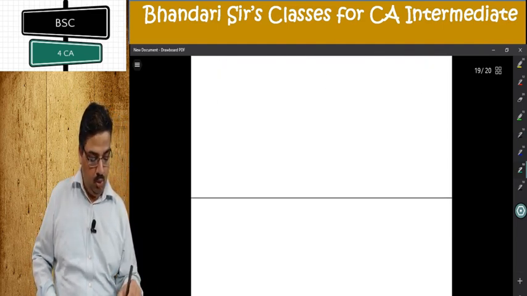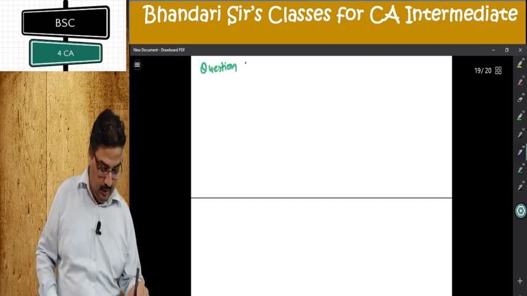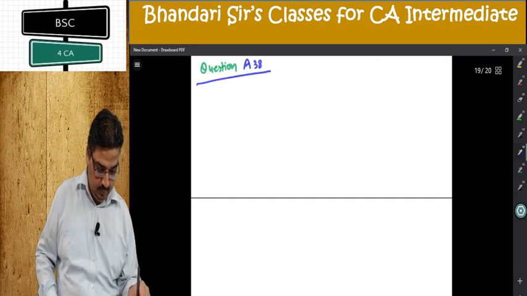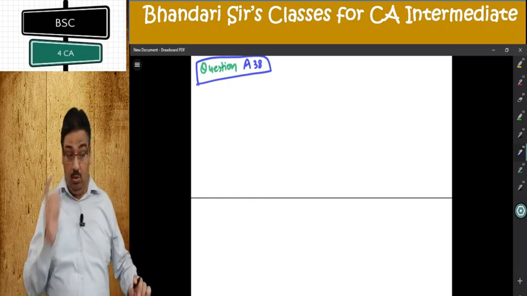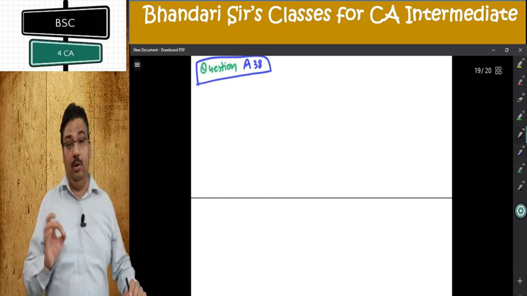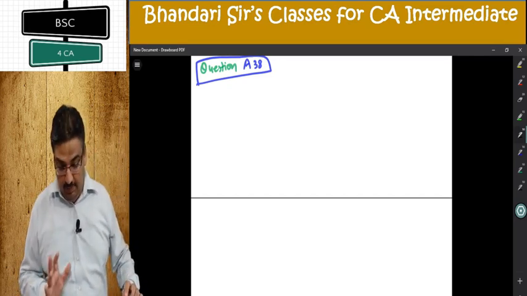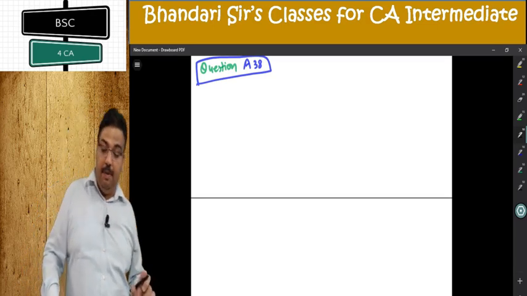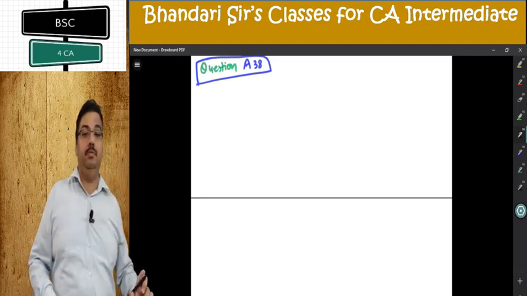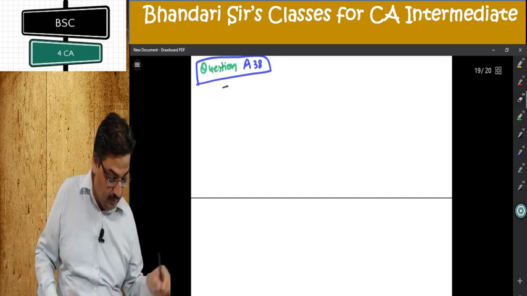Next one, question A38. You need to answer this carefully because it is a very small question but a little ticklish. You need to understand with an example, then you can easily do. Company has PV ratio of 40%. By what percentage must sale be increased to offset 20% reduction in selling price? Take an example to explain. Only an example can help you understand such questions.